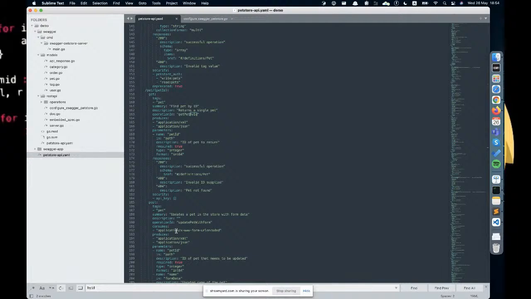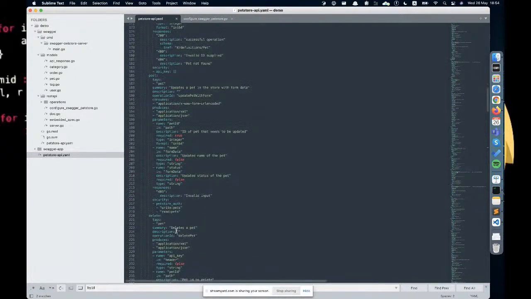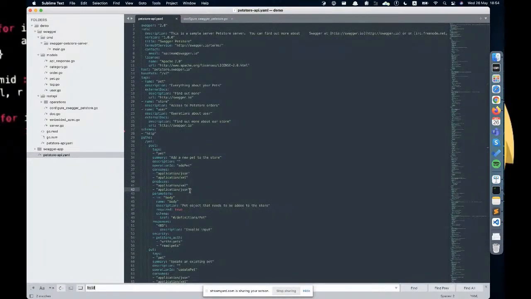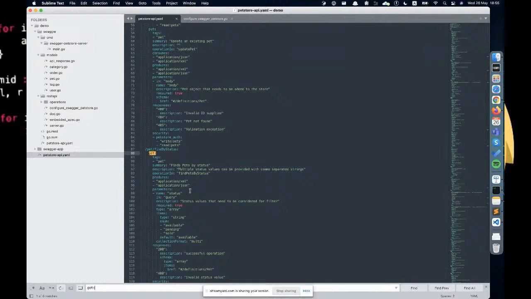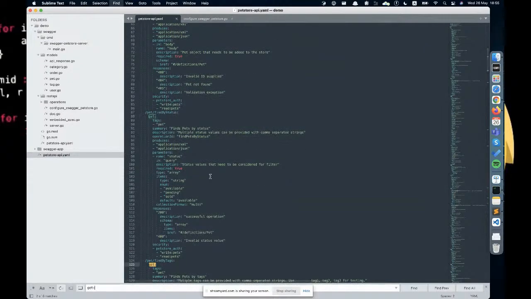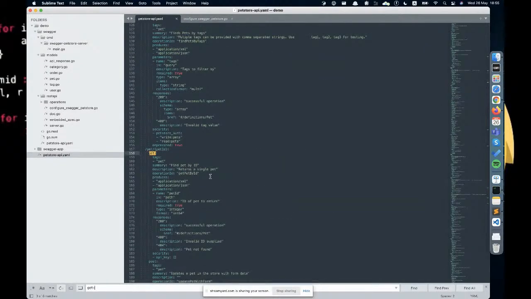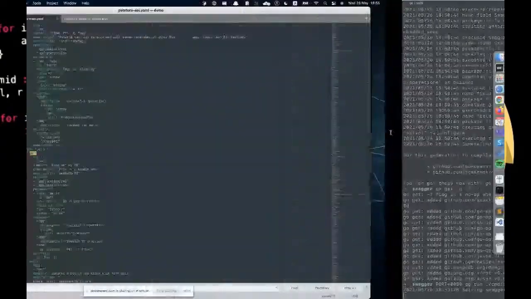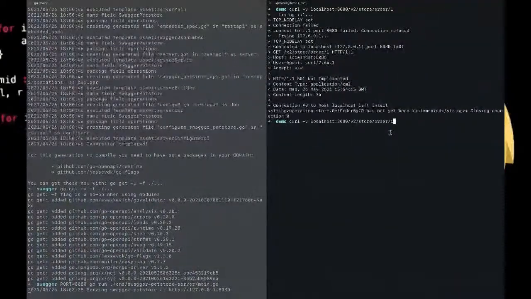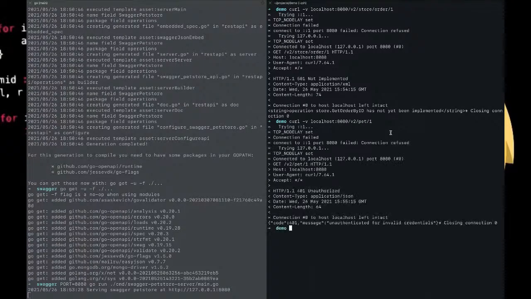And for example, let's give another endpoint a try, which has a get. So find by status, right? Find by tags is deprecated. Okay, great. Pet by ID. So we will go and grab some pet by ID.